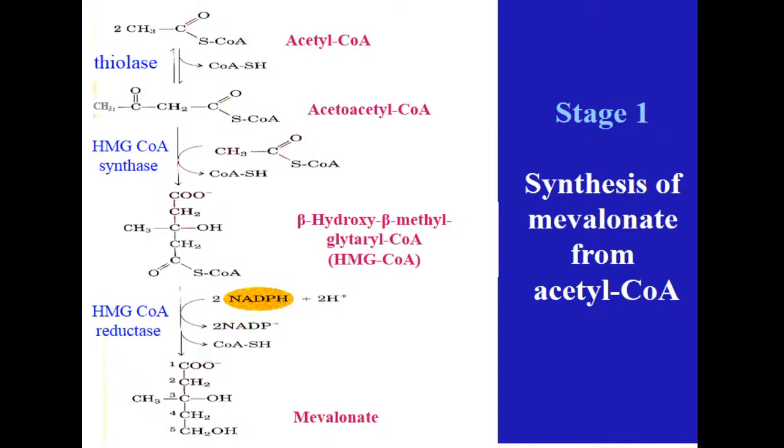The sources for this NADPH2 are, of course, the malic enzyme that I mentioned above and, the greatest source, the pentose phosphate pathway. When we learned the pentose phosphate pathway, we said that the greatest role of this pathway is to produce reduced NADPH2 for the synthetic reactions, for the synthesis of fatty acids and cholesterol, for lipogenesis. And this is one of the branches between carbohydrate and lipid metabolism.